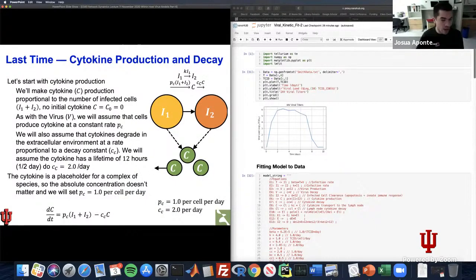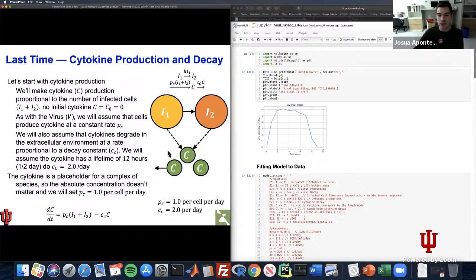So the first thing we need to include in our model that we're missing is this cytokine signal, or let's just call it in general a pro-inflammatory signal that needs to be transported from the infection site to the lymph node organ. And as James mentioned last time,